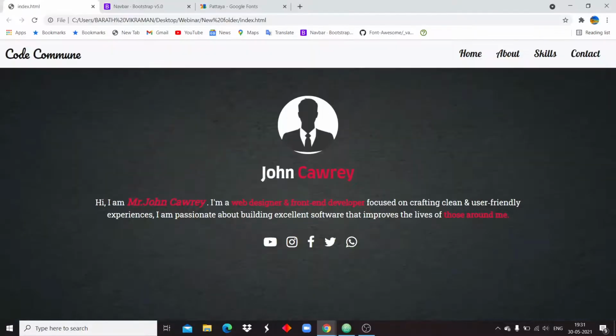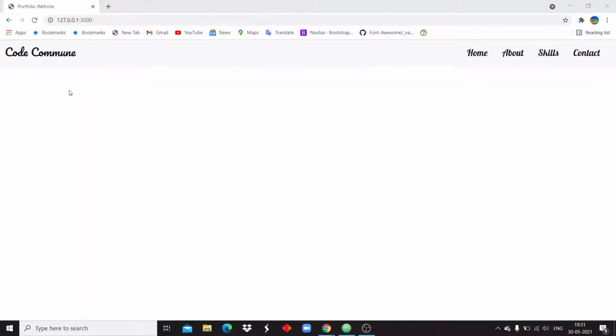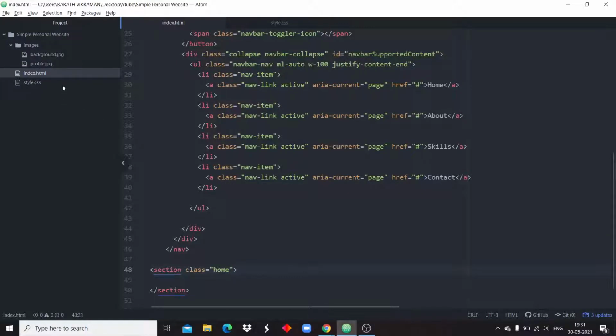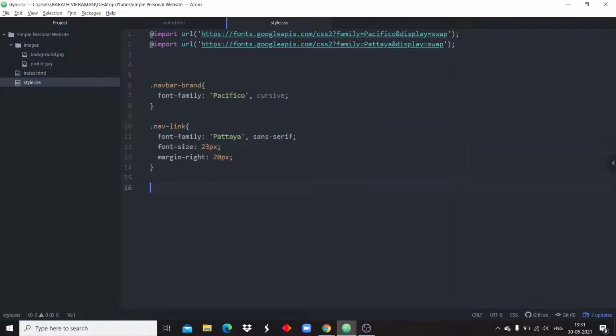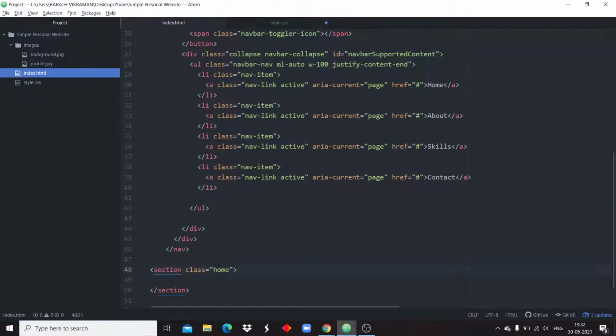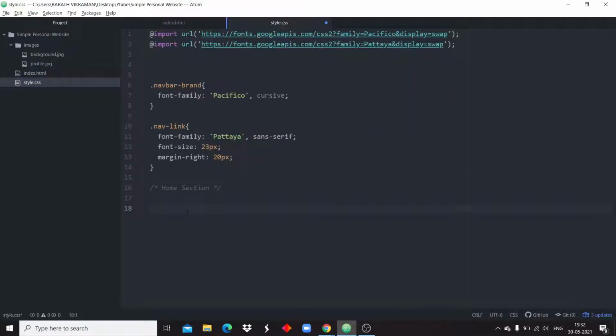And you can see here I have used a background image, so we need to go to styles.css, and I am specifying it as home section. We need to target the class home, so I'm just targeting the home class.